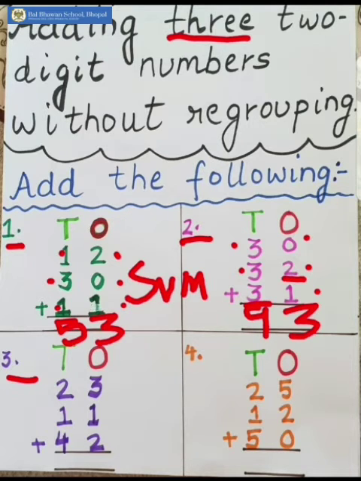Now come to third question. Again the digits at ones place are 3, 1 and 2. Bigger number? Yes, it is 3. So bigger number is 3 and the next bigger number is, yes, it is 2. So now keep 3 in your mind and count 2 times on your finger after 3. So 4 and 5. So what you get after adding 3 and 2? Yes, 5. Now the digit left is 1.